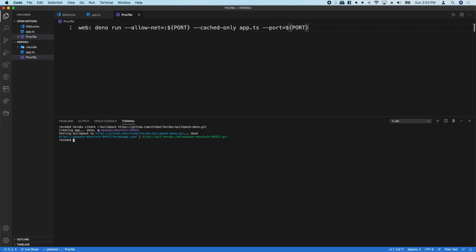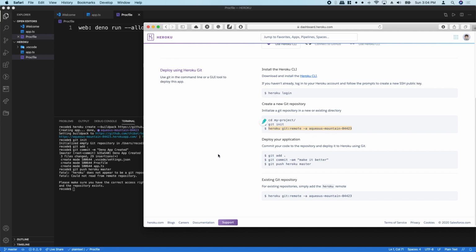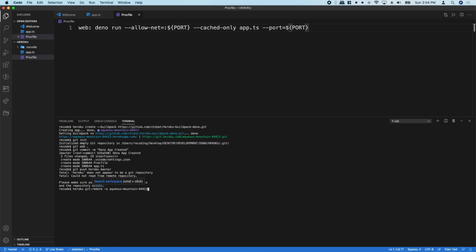After creating our buildpack, we need to push to the server. To do so, first git initialize our project as git init. Then add all changes in a file to the staging area as git add. Then we can commit all our changes using git commit -m and pass a message. Then we need to git remote add our Heroku server to our project directory. We can then push our code to Heroku as git push heroku master.